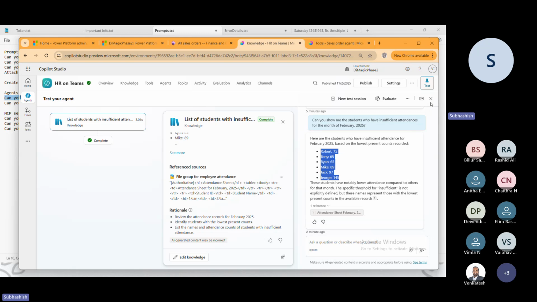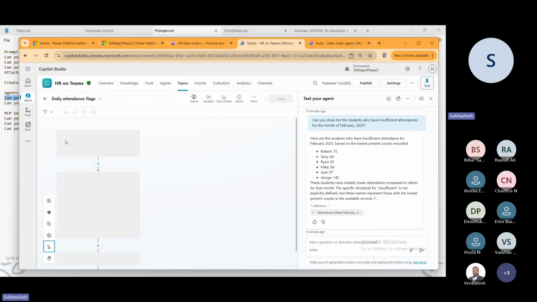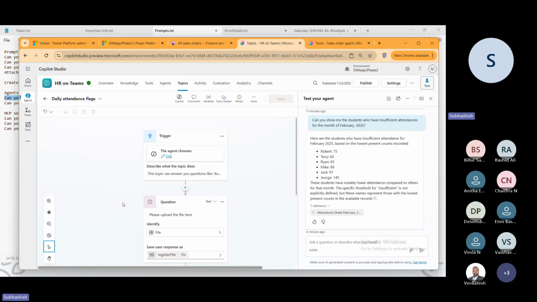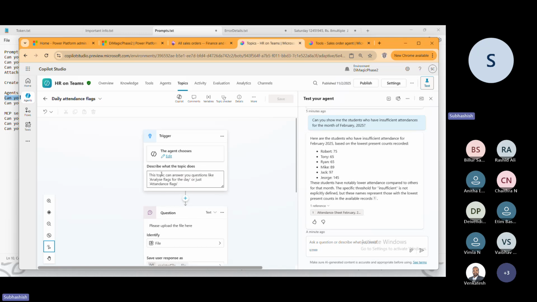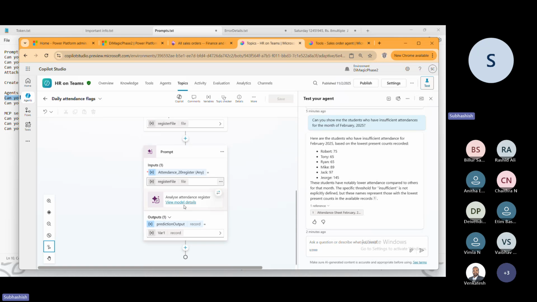So if I take you back, I've created another topic here itself, where I'm making use of code interpreter. This is known as daily attendance flags. If I click on this, here I'm saying this topic can answer your questions like analyze flags for the day or just attendance flags. So what I'm saying is that it's going to ask you back, can you upload the file here? So I am uploading the register file, and it is then calling a prompt. It's a very simple prompt. What it's doing, if I click on this,